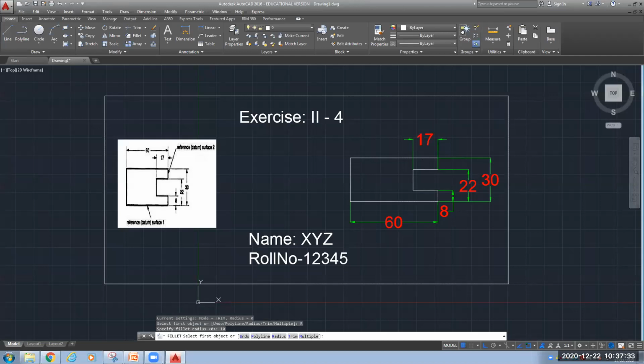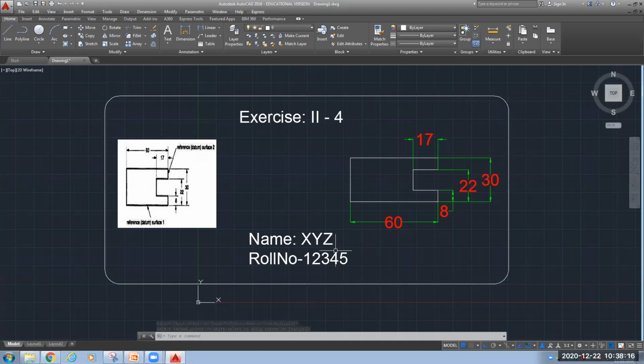Object means the two. As I have told you, to use fillet command, you need two intersecting lines. Okay. So the first object is my first line. The second object is my second line. Now see, this is how you can use this fillet. Now similarly, you can do it at different corners also. Select the first one, then second one. Click on fillet, select the first object, select the second object, click on fillet, select first object, select the second object. So this we have rounded.